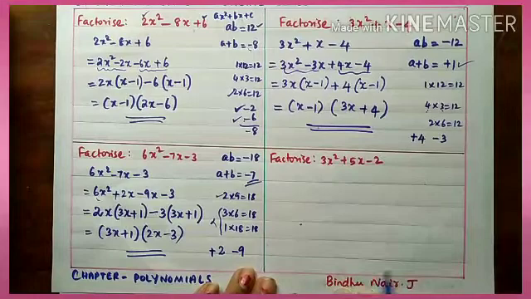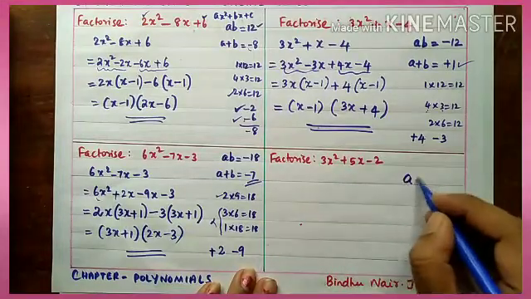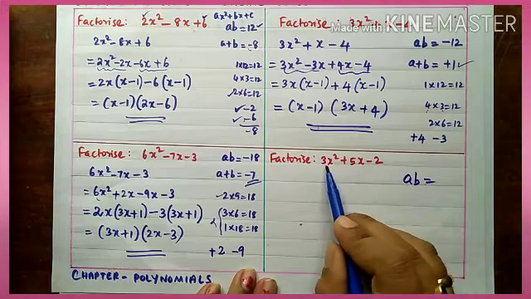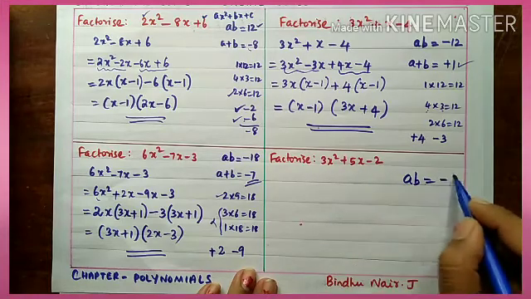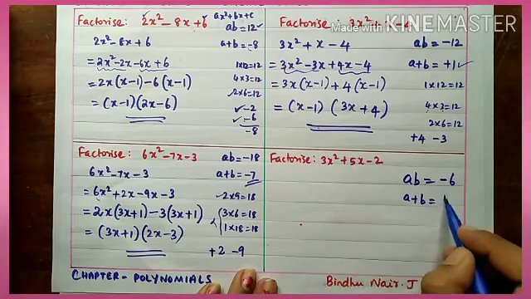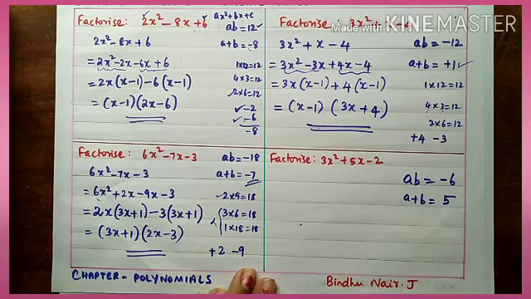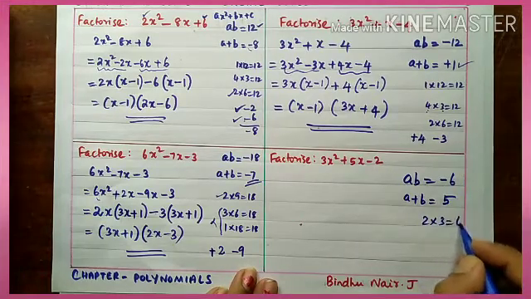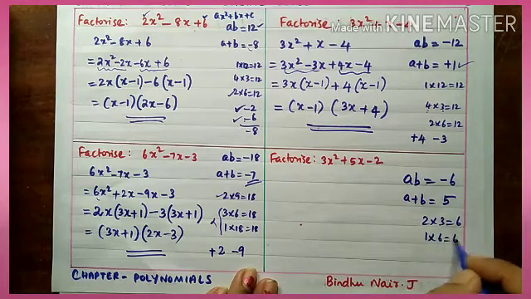Now your last example. Here what is the product value? 3x square plus 5x minus 2. 3 into minus 2, minus 6 is the product value. And what is the sum value? 5. Okay, now see the product values where we are getting 6. 2 3s are 6 is there. 1 6 is 6 is there.